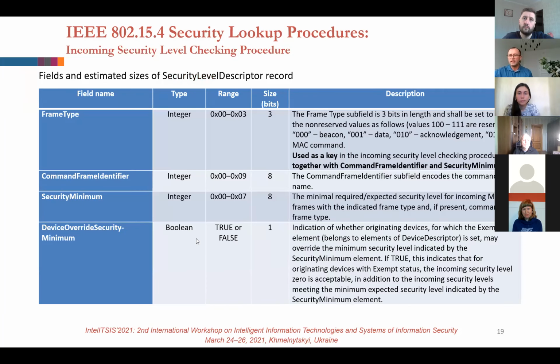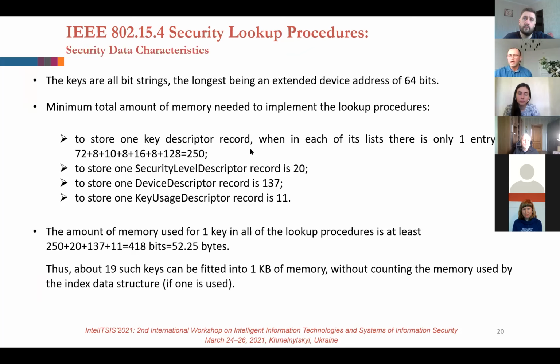The description of fields and estimated sizes for this security level descriptor record is given in the table. Here we can also find the elements that may serve as keys for lookups. As a result, we can state that the keys are all bit strings, and the longest is an extended device address of 64 bits. The amount of memory used to store one encryption key or key descriptor record, we can see,